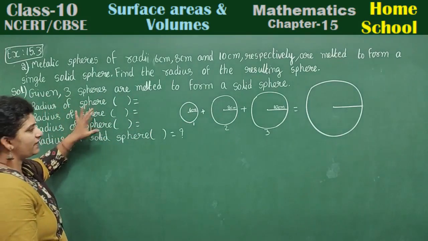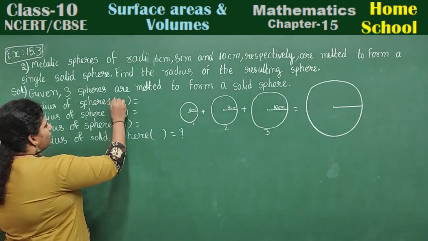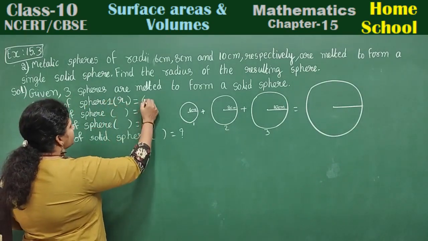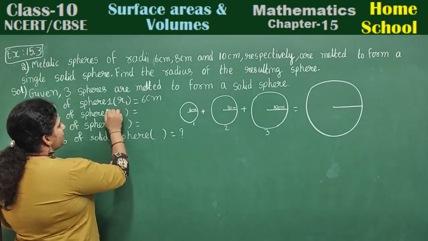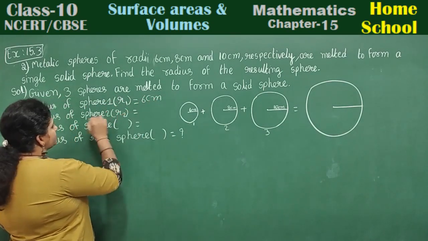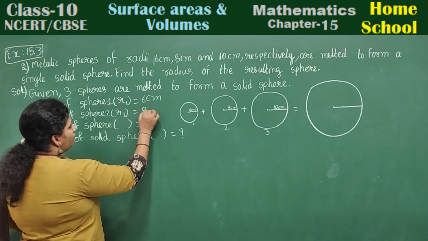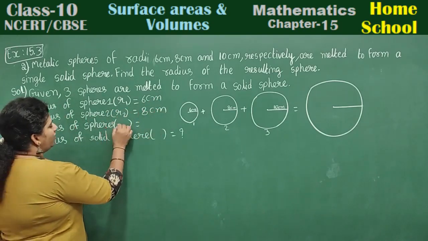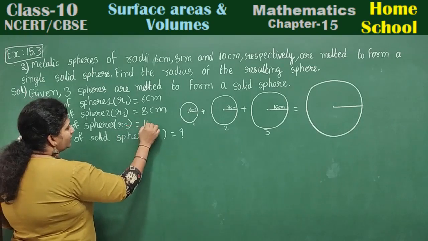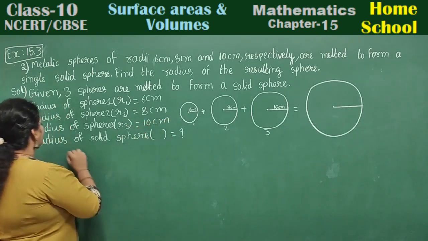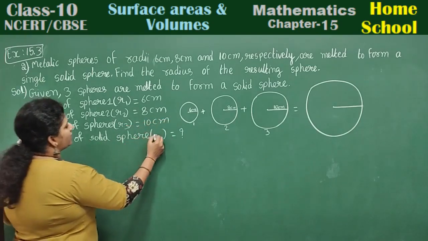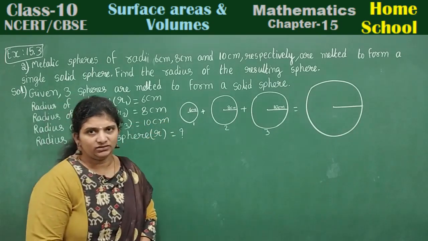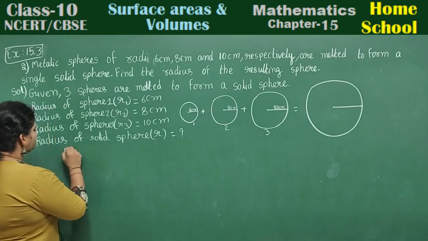Radius of sphere 1, or you may take R1, is equal to 6 centimeters. Radius of sphere 2, R2, is equal to 8 centimeters. Radius of sphere 3, R3 is equal to 10 centimeters. Radius of solid sphere, R let us take, is equal to question mark. From the formula,